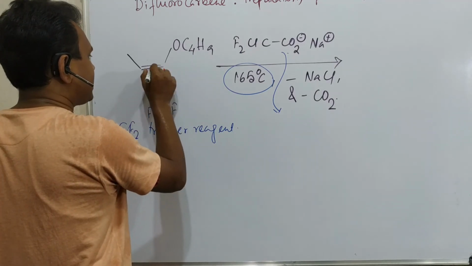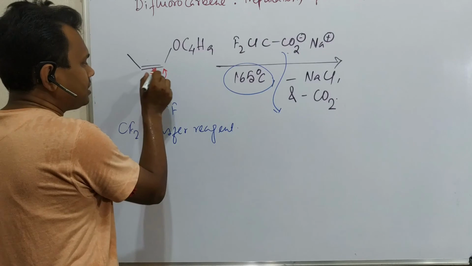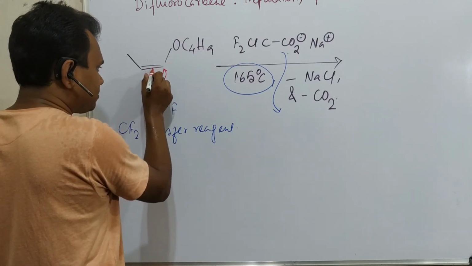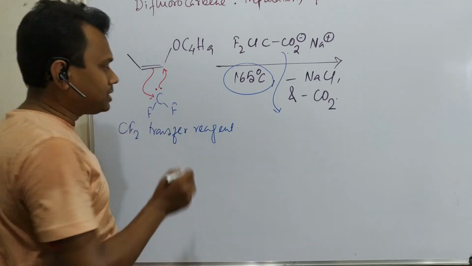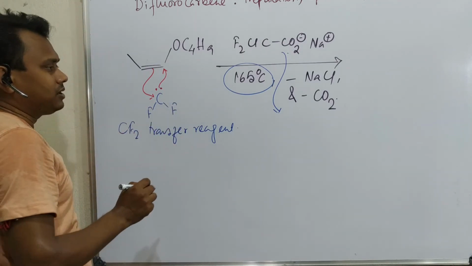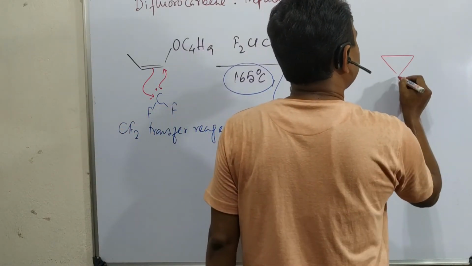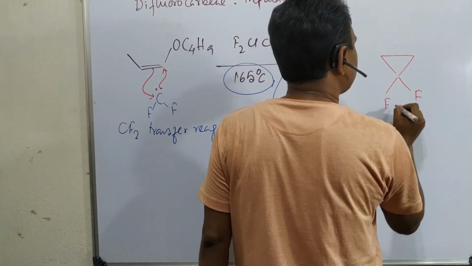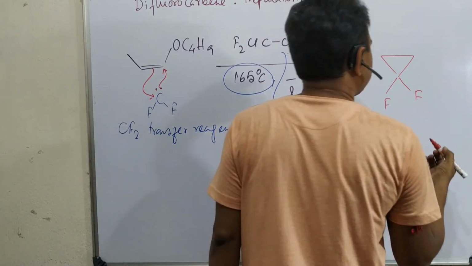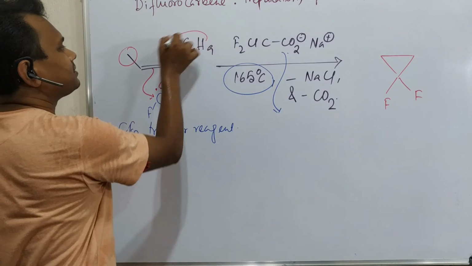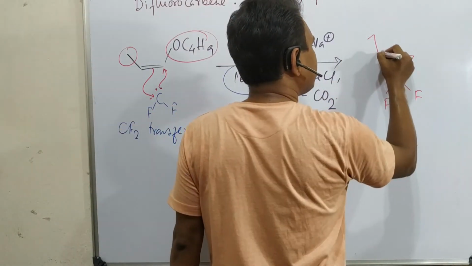So it may attack here, and the lone pair in the sp2 orbital can give to the pi star, and the pi bond can be given to the vacant p orbital of this carbene, just as I showed a short time before. In this case it will produce a 3-member ring. Fine, write everything. This is difluorocyclopropane. It's a cyclopropanation reaction, a CF2 transfer. And see, these two are cis, so they will remain on the same side.